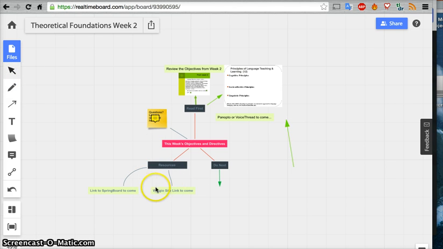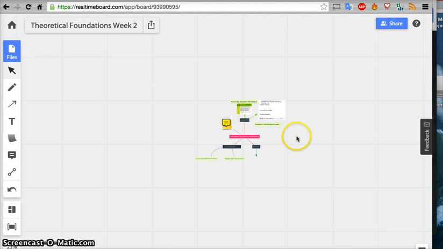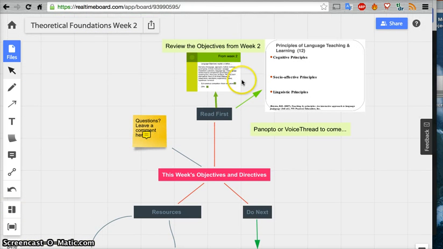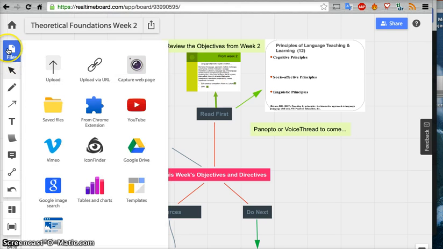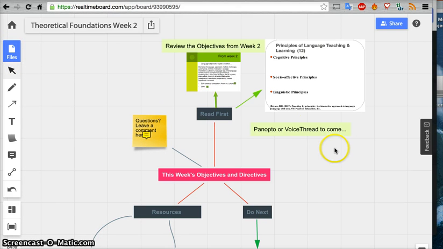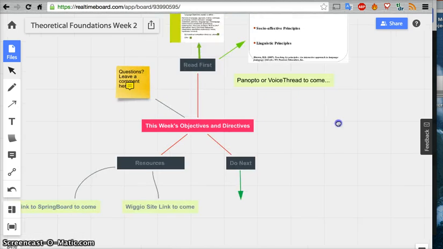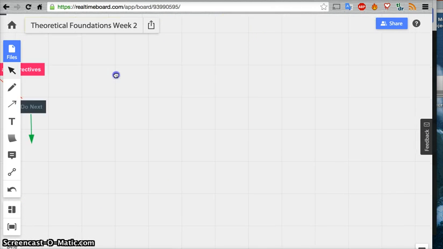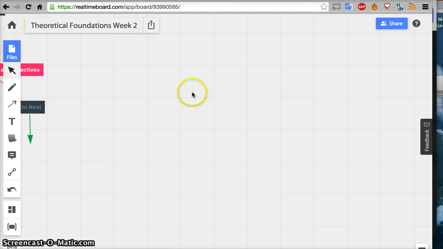Right here I have, students are going to be using a Wikio site, so we're going to put that down here, and we'll also have Springboard linked here as well. So you can really have quite a bit of information just in that one little space. And you can upload videos, you can add different files, as we said before. So really you could have several resources linked on one space, and in that same space students can create their